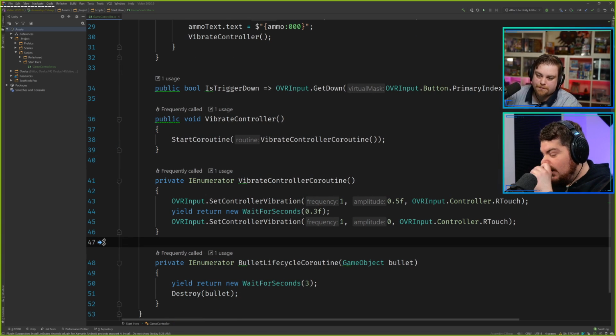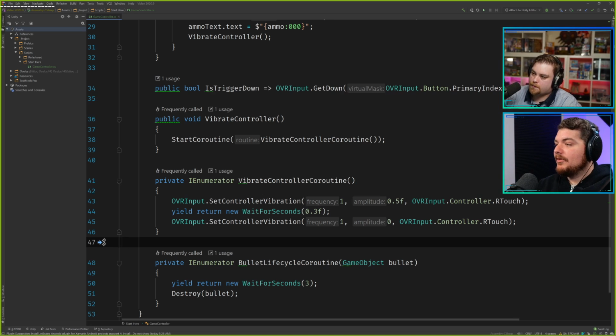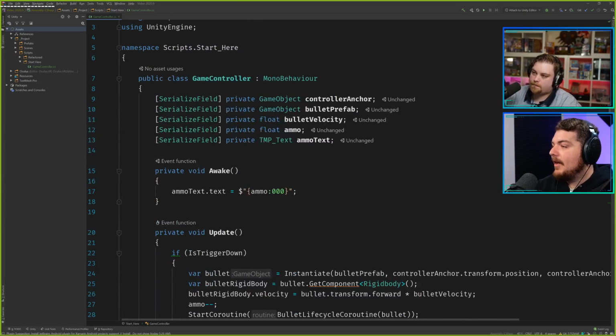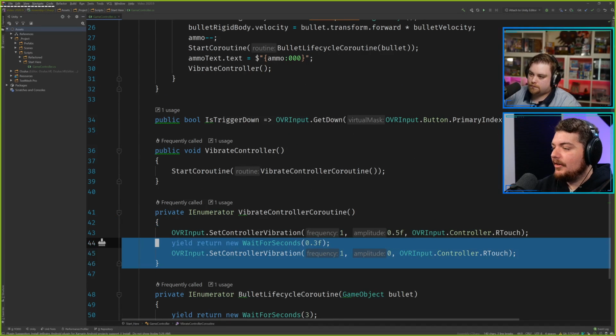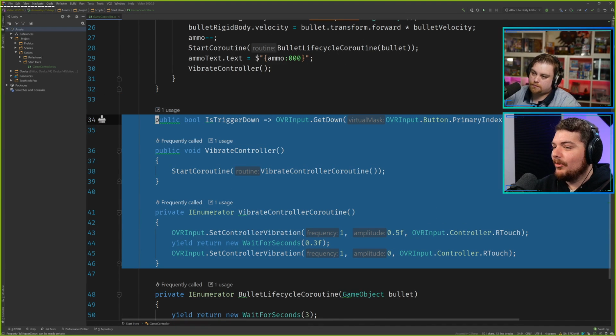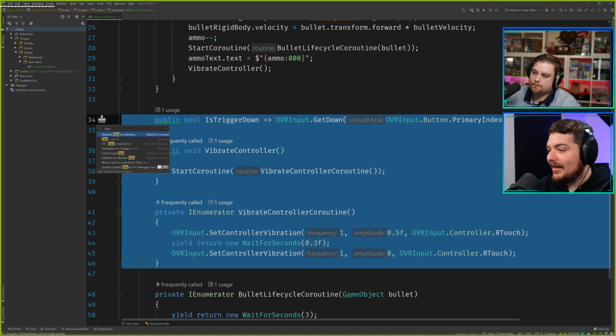Now we're at the point where we can move this out into another class. I probably shouldn't do this live, but I was curious to know if there's a way I can grab this and use Rider to pull this into a class, like extract class. There's extract superclass, I don't want to do that. Abstract class to interface, that's probably not for this particular class.